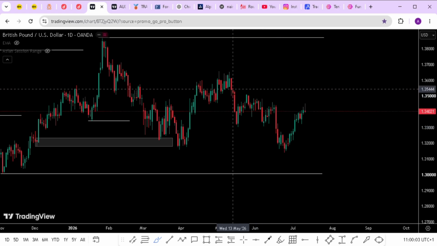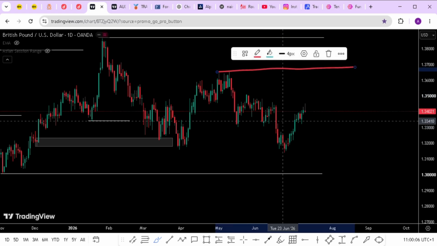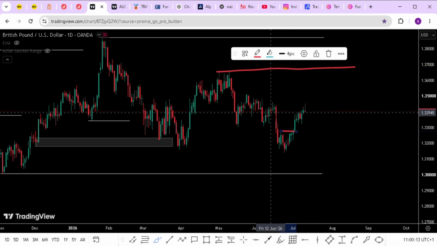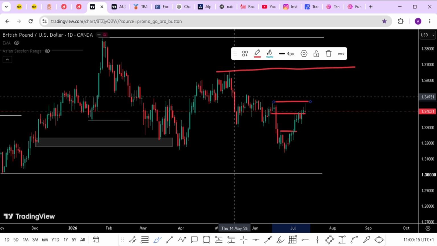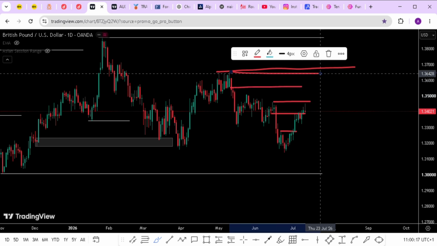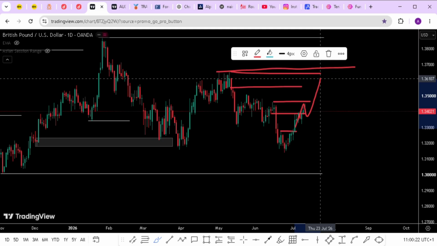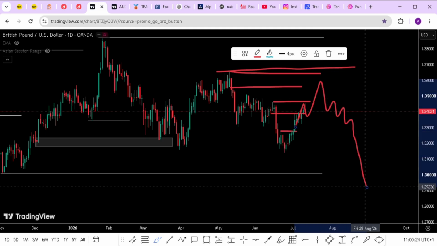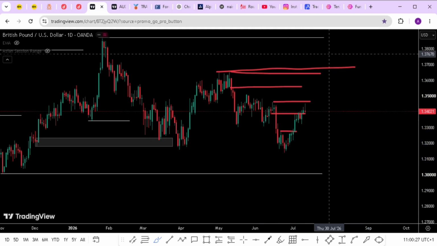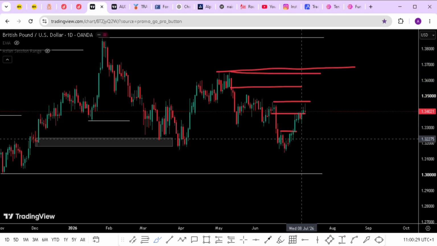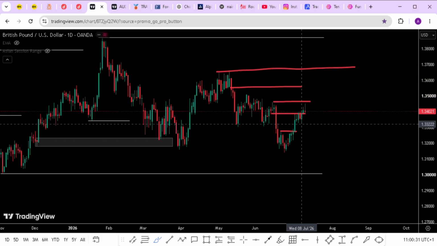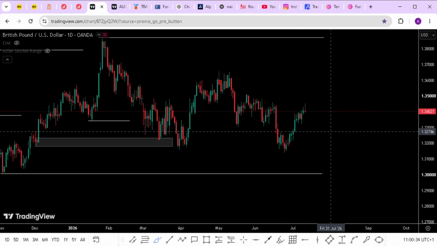But as long as market was unable to clear this high, all this now is internal structure. So if I want to mark this structure now, I can say, okay, this will serve as my inducement, this will serve as my POI, then this will serve as my extreme. So if this one fail like this and market reacted to this level, and we can see sell momentum here, I'm going to sell to this level. But if market close above here, then my bias will be to the upside. So that's exactly what GBP USD is doing.